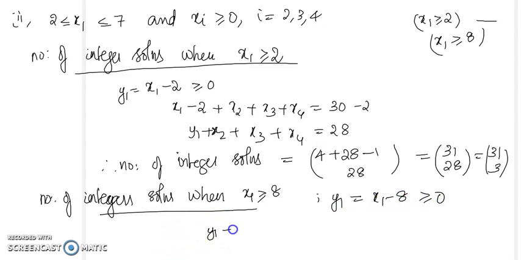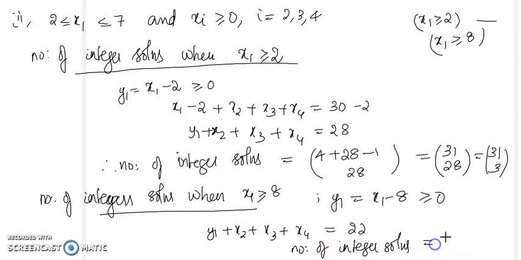The equation y1 plus x2 plus x3 plus x4 equals 30 minus 8, that is 22. So the number of integer solutions will be 22 plus 4 minus 1 C 22. So that will be equal to